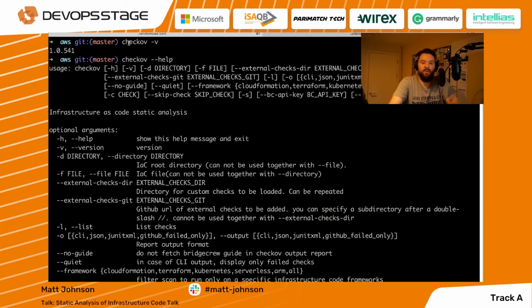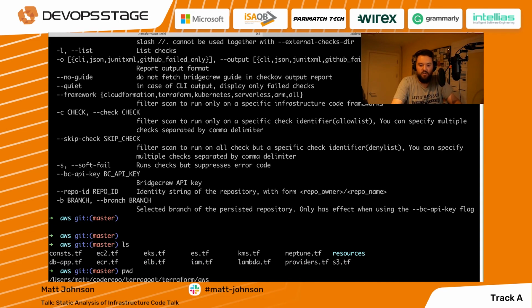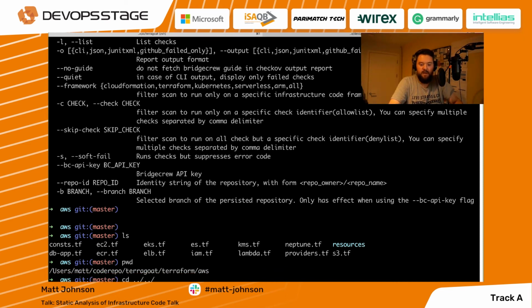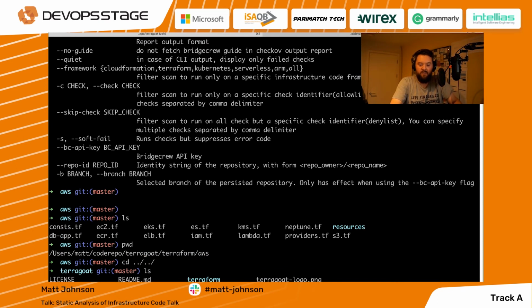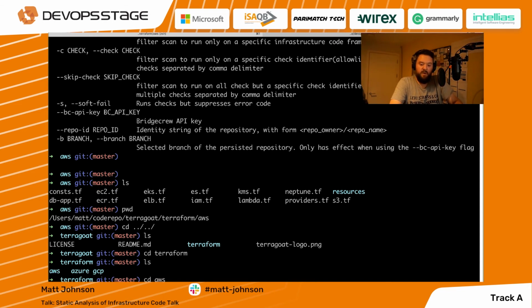As you can see, I've already installed Checkup here with pip. I'm currently on version 10541. And what I will do is just show I am currently in our TerraGoat repo. As you can see in TerraGoat, we have a Terraform directory and then different vulnerable infrastructure for 3 different cloud providers. So if I go into AWS, it literally is as simple as running checkoff -d and then the directory